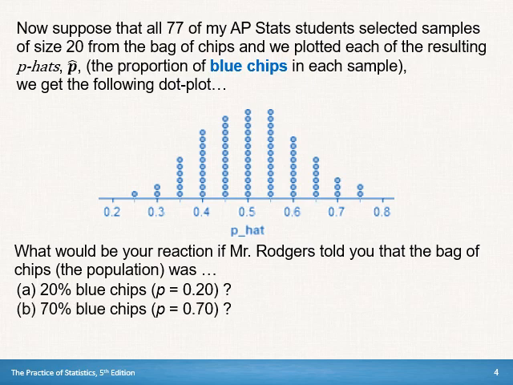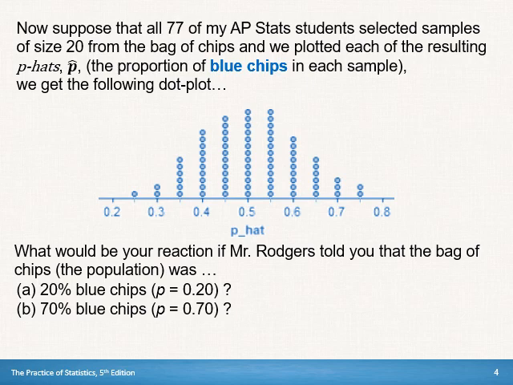What if instead I said it was 70%? Well, we would want to look at the high end and say, okay, how many were at 70% or larger, right? So we have five chips out of 77, and so that's like 6.5% of our samples were as extreme or more extreme than 70%. Not unheard of, but not very likely. Still, it's possible, but probably we wouldn't have gotten all of the outcomes we got that are showing up in our dot plot if the true proportion of blue chips was